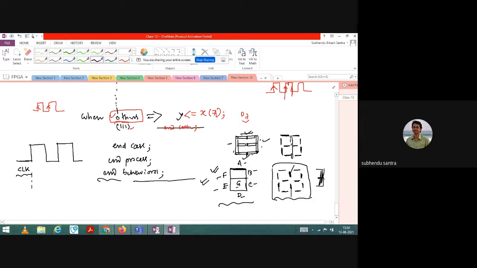So either you are using the pure clock, which is a crystal oscillator clock, or you are using a division clock, like a derived clock. Internally we have this clock frequency, but maybe after processing, let us say f by 2, this is the frequency that the internal circuit is producing for you, and this clock is what you are using to process your program.